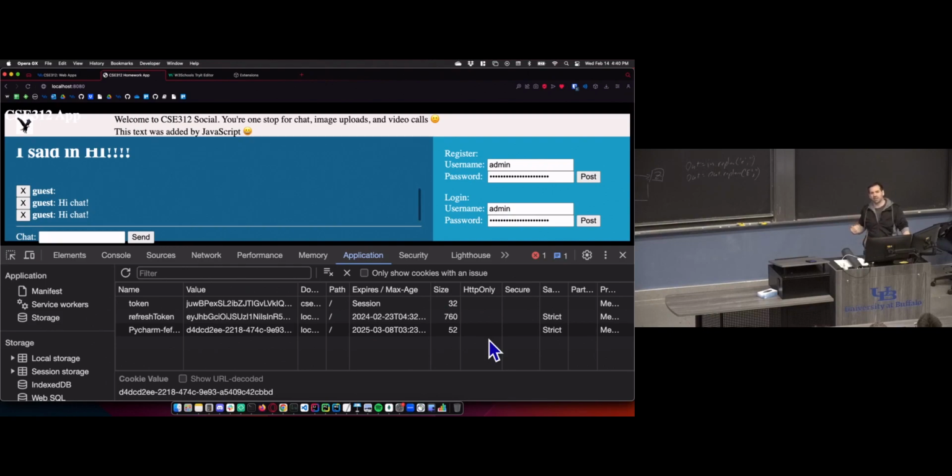That's why we like layers upon layers upon layers of protections to make sure that our users are as protected as we can get them. But it's not always going to be 100%. Any user who wants to be insecure, like if they get an email that says, oh, go to application, go to cookies, and copy this value and send it to me, I'm from Microsoft Help Desk, I'm here to help, or whatever, that user's going to be compromised. So I'm hesitant about saying it can never be stolen, but that's our protection. This attack won't work. I gave a too long answer to that question, but yep.